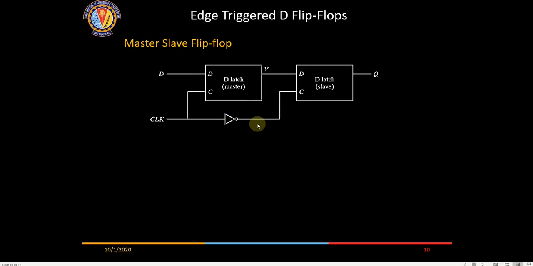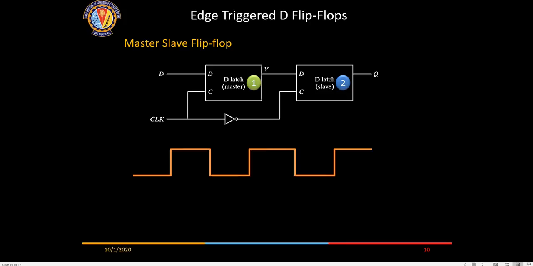Subsequently, when the clock is low, the master is disabled, so even if there is a change in data, that doesn't get reflected into Y, or for that matter into Q. So whatever is the data available when the clock goes from high to low will be captured by this master-slave flip-flop. Is it clear? It may not be that clear, I know. Let's see some simulations, then it will be clear.